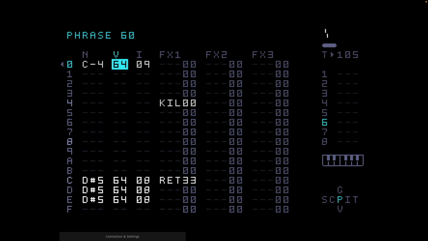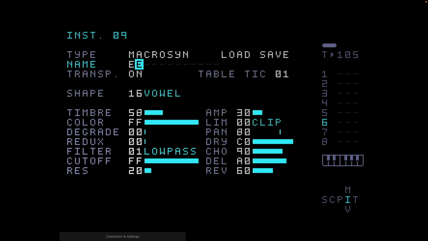So if we look in the instrument itself, we can see it's a Macrosynth. In this synth you've got all these different shapes, loads and loads and loads of them, and vowel sound is 16, shape 16, the vowel. Now what I did here, I got a basic sound and then I cloned the instrument many times to get different vowel sounds. It's not perfect, I'm still working on it, but if I play this,